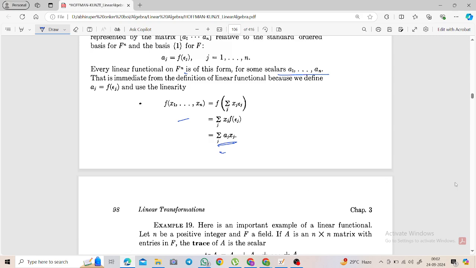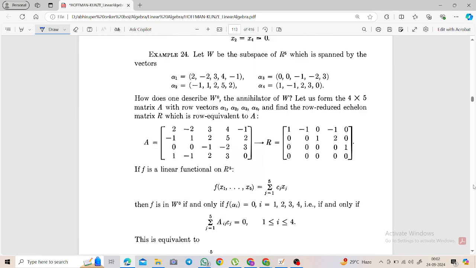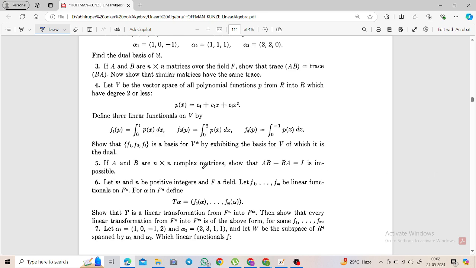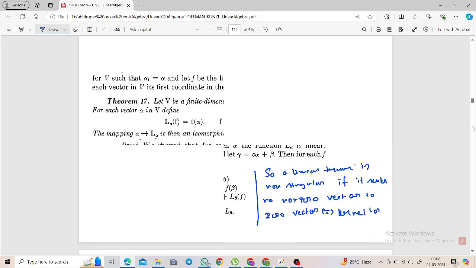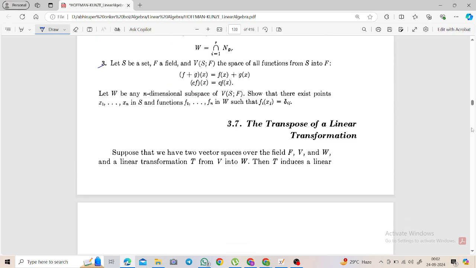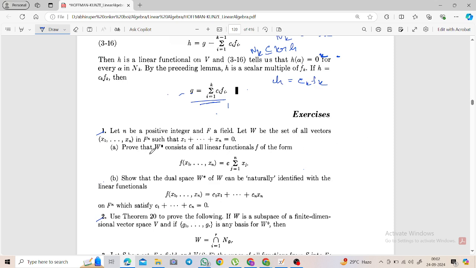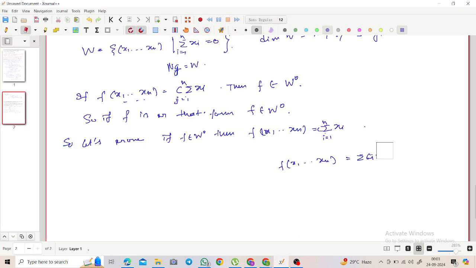So here also we are defining a linear function on Fn, right? So it is of this form. She is saying that,